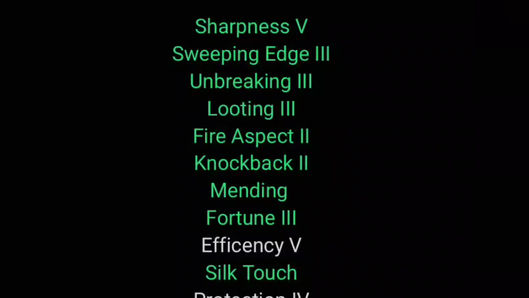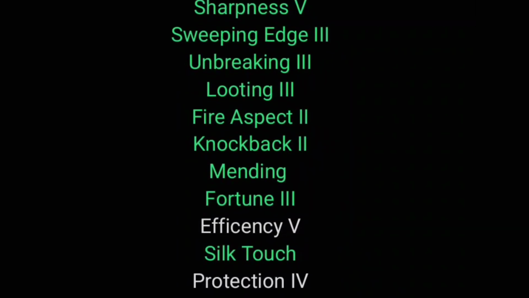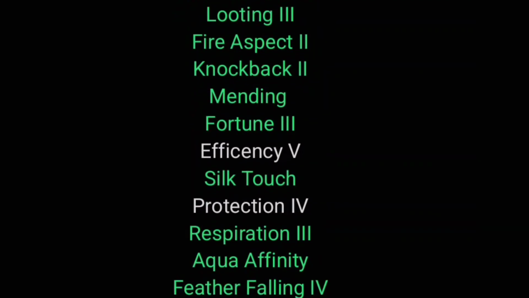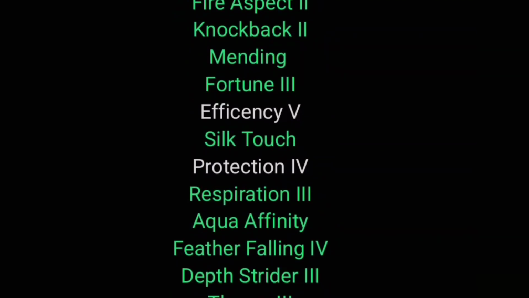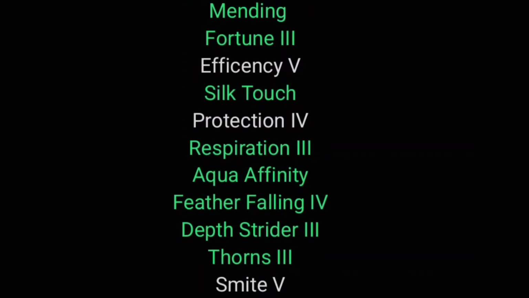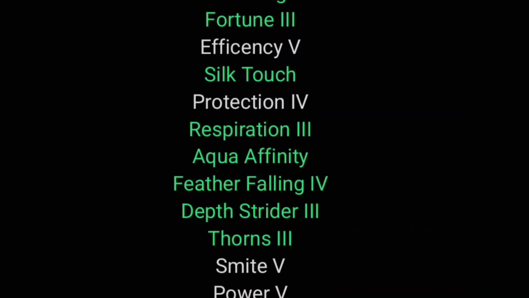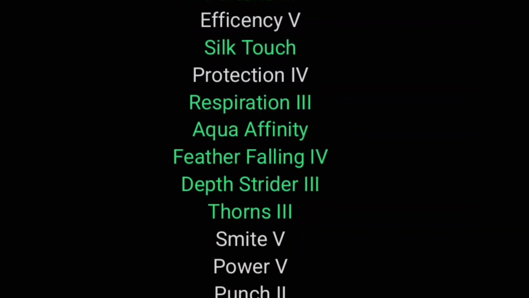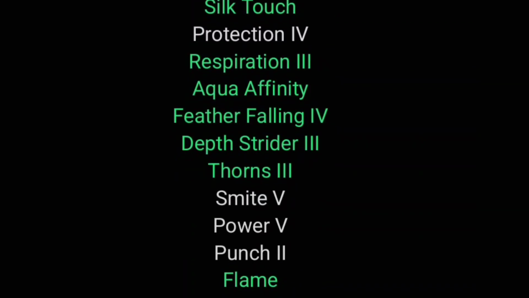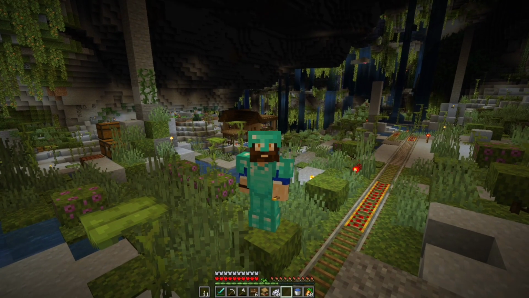Sharpness 5, Sweeping Edge 3, Unbreaking 3, Looting 3, Fire Aspect 2, Knockback 2, Mending, Fortune 3, Efficiency 5, Silk Touch, Protection 4, Respiration 3, Aqua Affinity, Feather Falling 4, Depth Strider 3, Thorns 3, Smite 5, Power 5, Punch 2, and Flame. We already have 15 of them, but hopefully we'll get the rest by the end of the